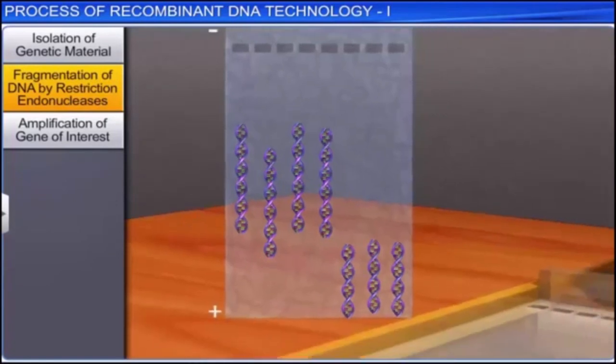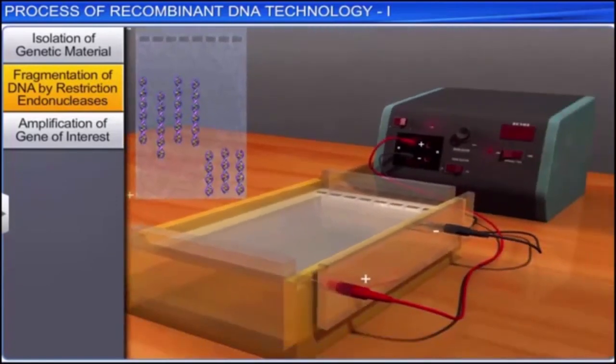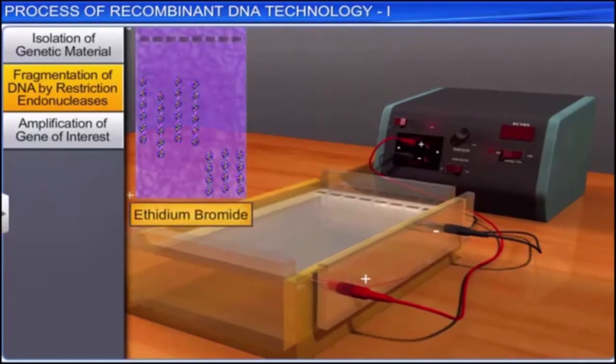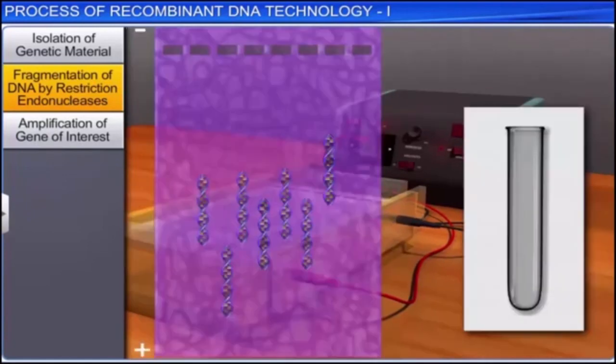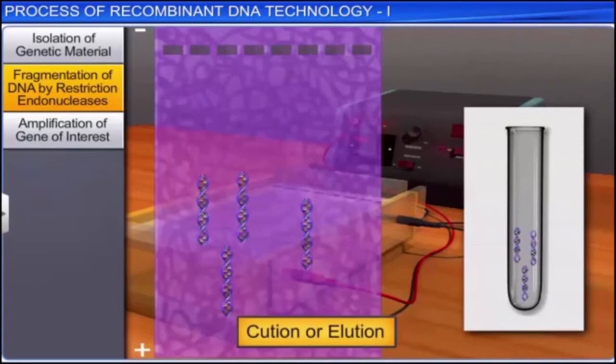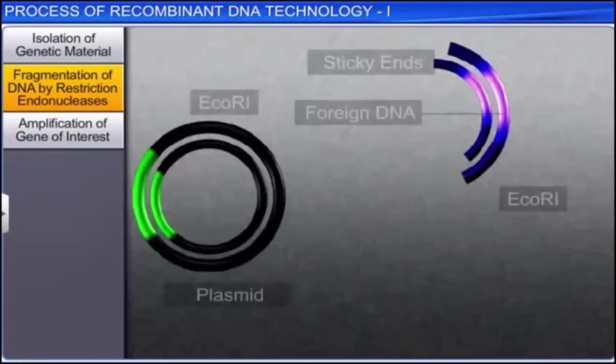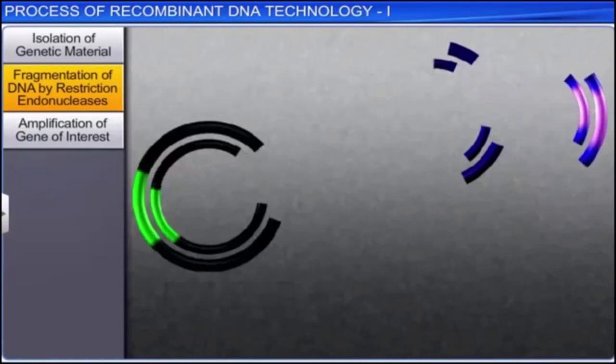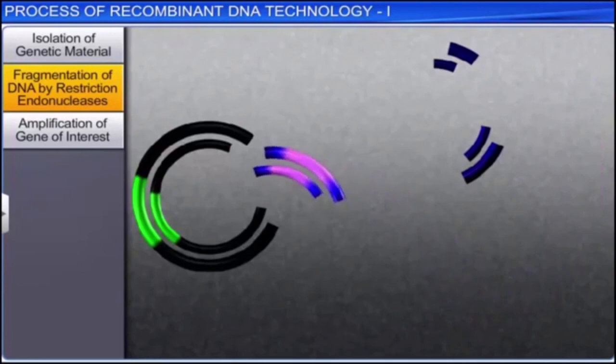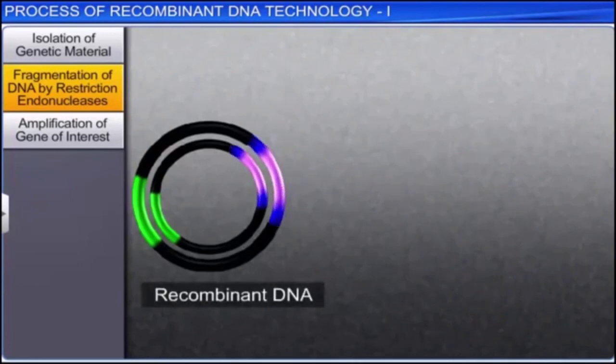The separated DNA fragments on the gel can be seen only after staining the DNA with ethidium bromide. Now, the separated DNA bands are cut from the agarose gel and extracted from the gel piece. This step is called elution. Stained agarose gel with DNA fragments can be seen under the UV light chamber. Later, the cutout piece of the source DNA or the foreign DNA fragment and the cut plasmid DNA are joined with the help of the enzyme DNA ligase.